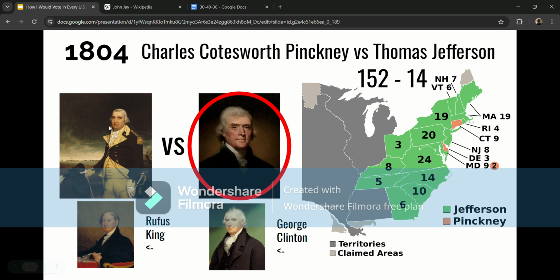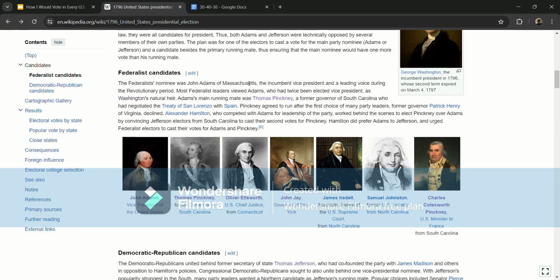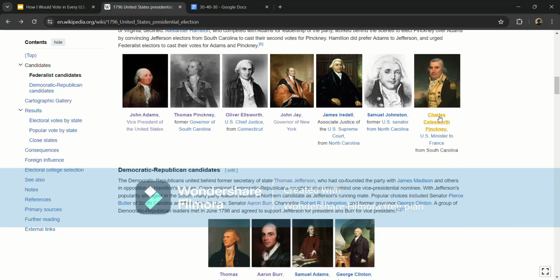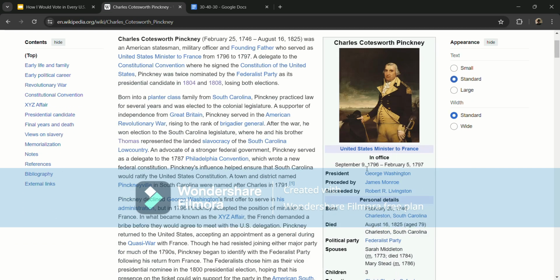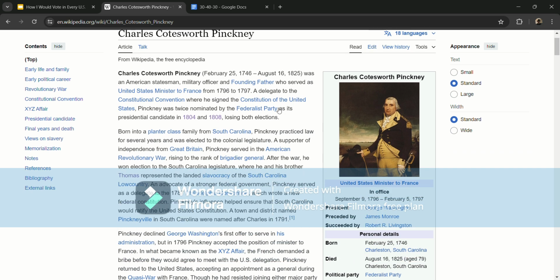And Charles Cotesworth Pinckney is not only a pretty terrible campaigner, but was also extremely inexperienced. If you look him up on Wikipedia, I'll actually do so right now for you. There he is right here. The only thing that he has on him is Minister to France for not even a whole year under George Washington. And yes, he was also a signer of the Constitution, mentioned right here, went to the Constitutional Convention, but